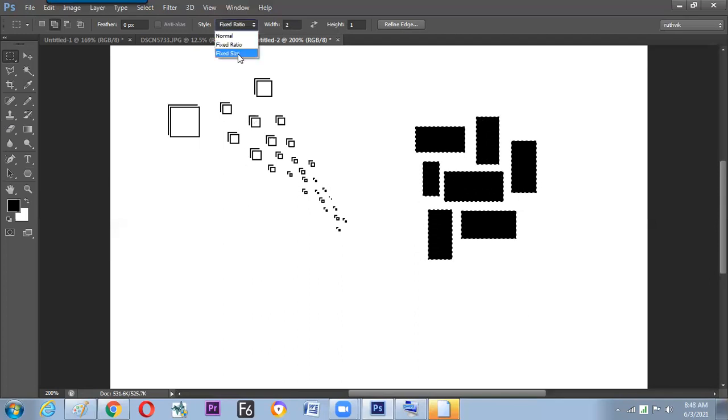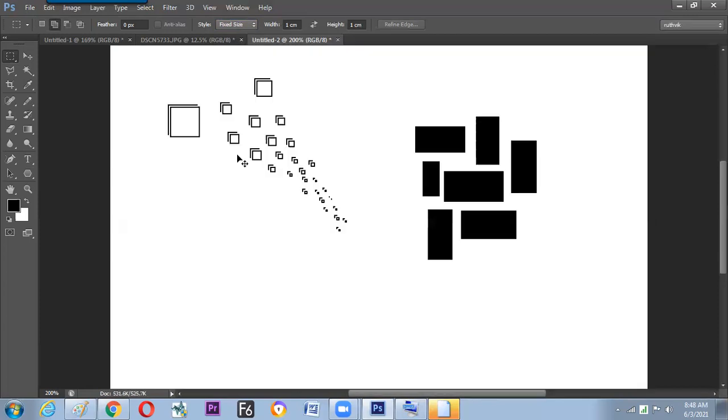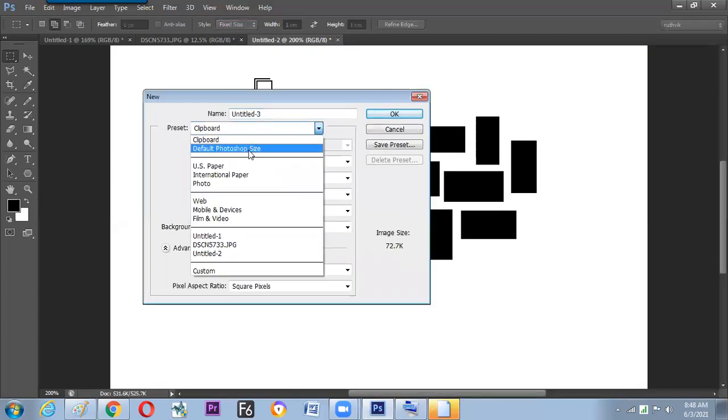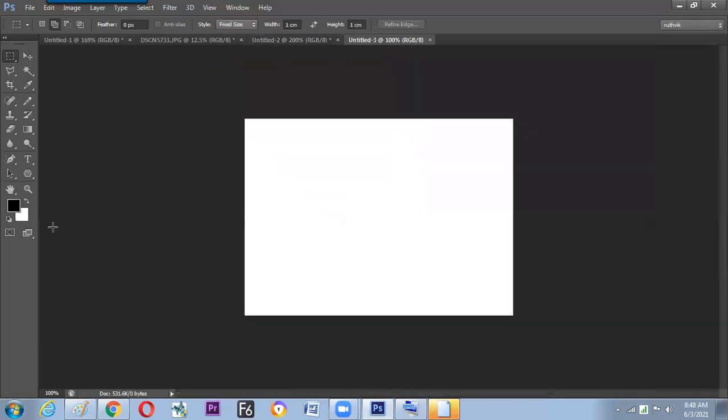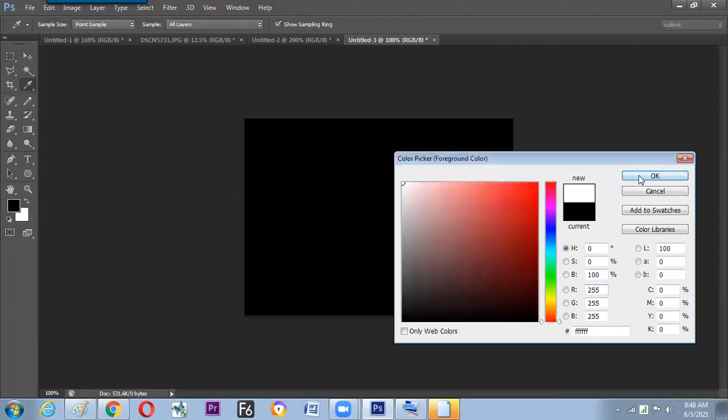And we have not talked about the fixed size. A little more example. Take a new canvas with a practice size, Ctrl N, default. Fill the black color on the screen. How to fill? Alt Backspace, because the foreground is black. Alt Backspace will fill the foreground. Now bring the white color over here by clicking white.